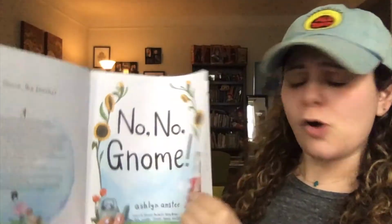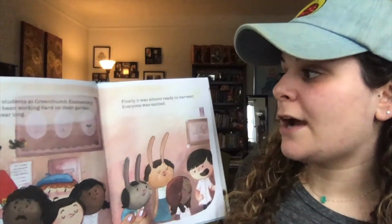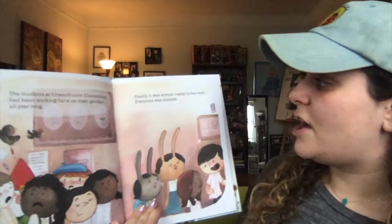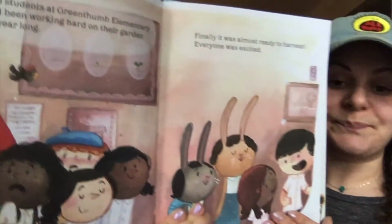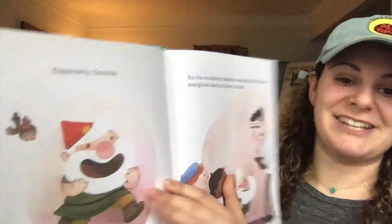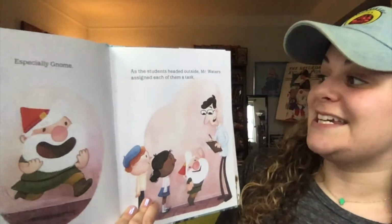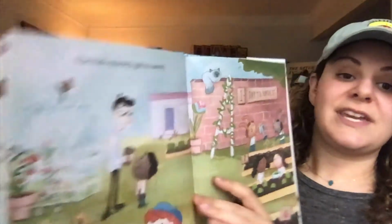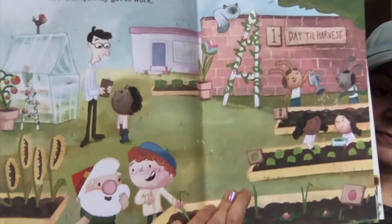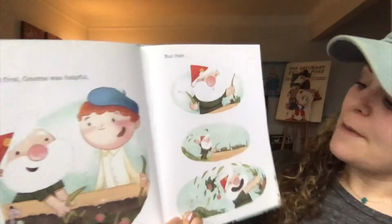No, no, Gnome! The students at Green Thumb Elementary had been working hard on their garden all year long. Finally, it was almost ready to harvest. Everyone was excited. Especially Gnome. As the students headed outside, Mr. Waters assigned each of them a task. The kids quickly got to work. At first, Gnome was helpful, but then...